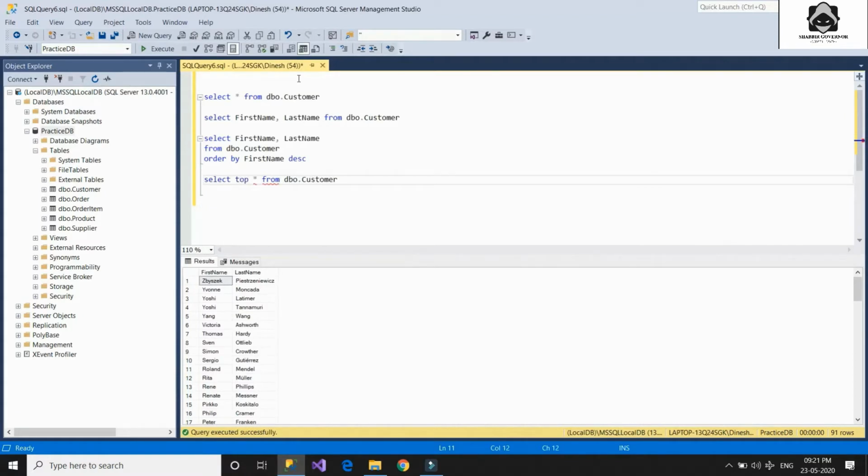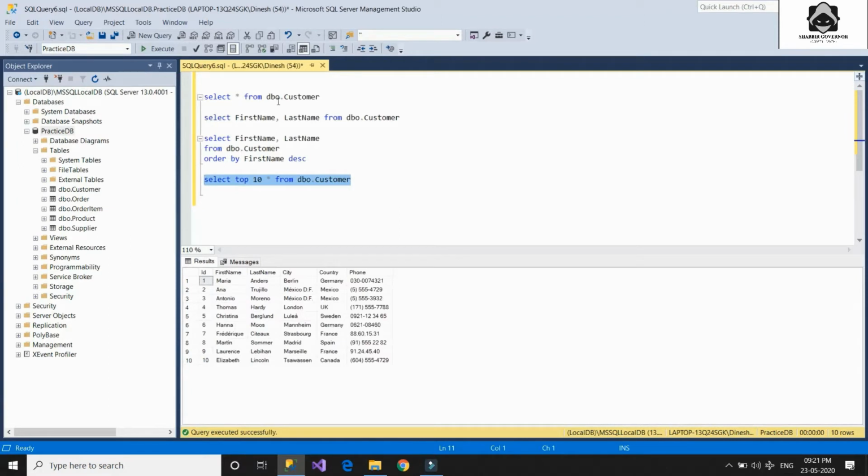Now what if we want only particular records from the table? So here we have a top clause which you can write along with the column names. So here we have select top 10, which will fetch us only the top 10 rows from the customer table. So let's execute this one.